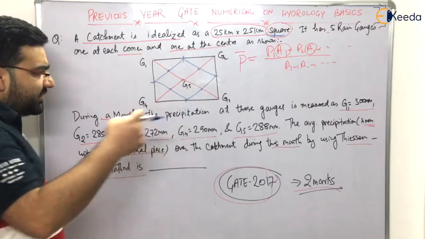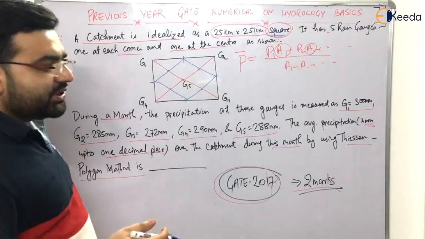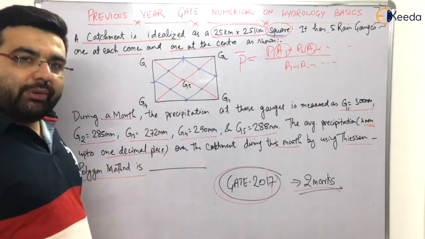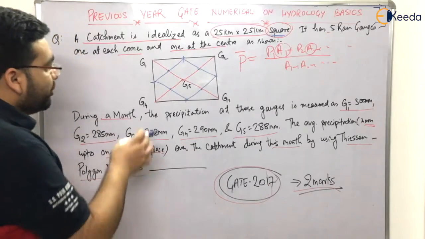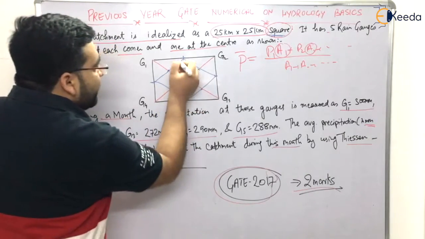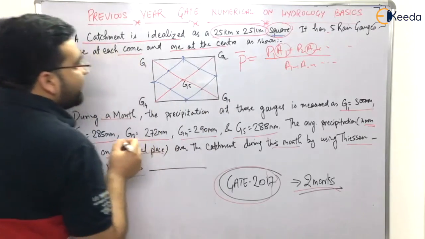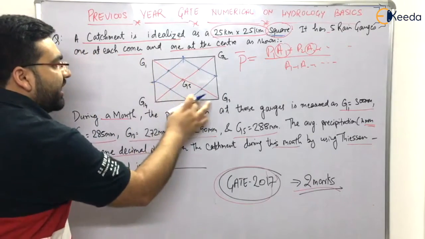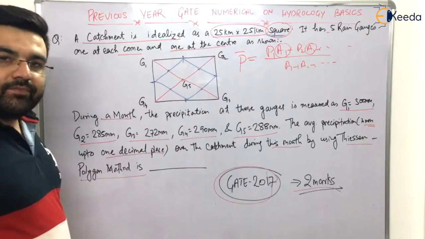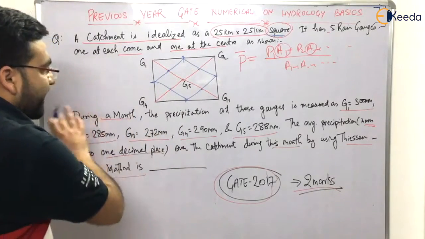You must have studied these properties in class 10th and 9th, when you studied geometry in mathematics. So this is a property of your square: if you join the lines from the perpendicular bisectors of the sides, you will again get a square at the center. Clear? Now let me rub this.